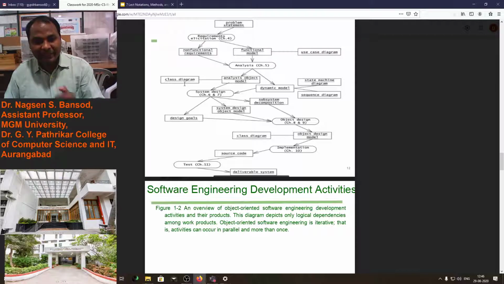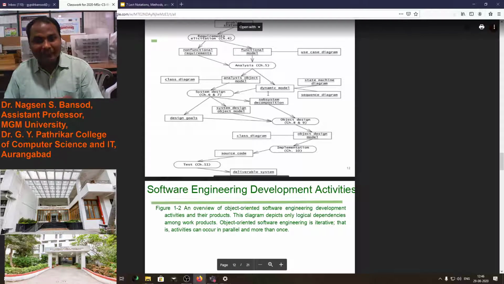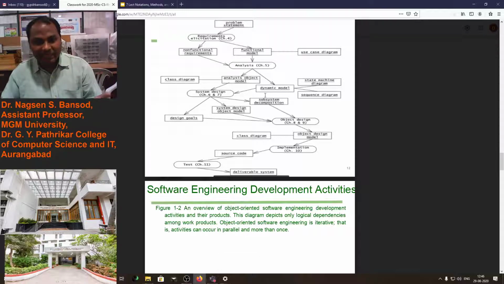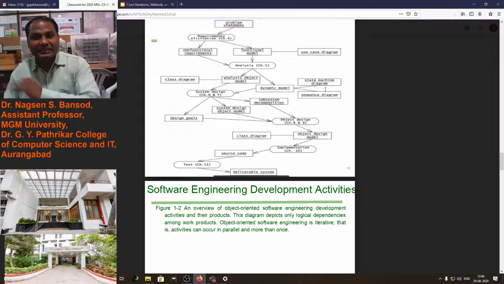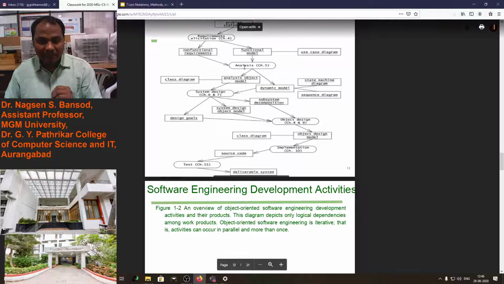Is it understood? And after that, from the analysis, suppose there is a dynamic model, then we will create a state machine diagram and the sequence diagram. In analysis we got a dynamic model.